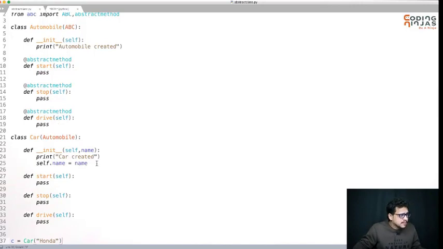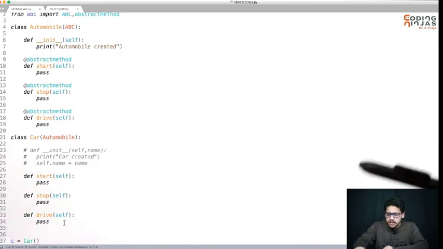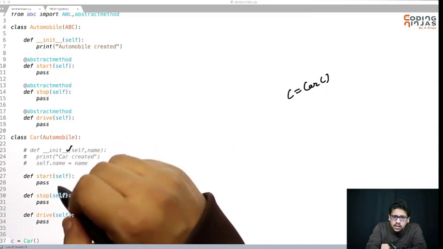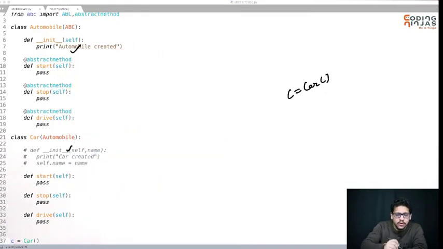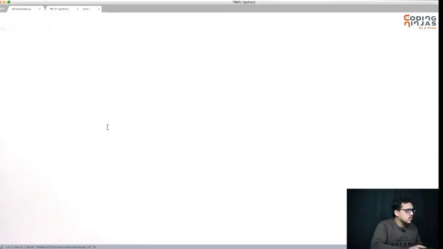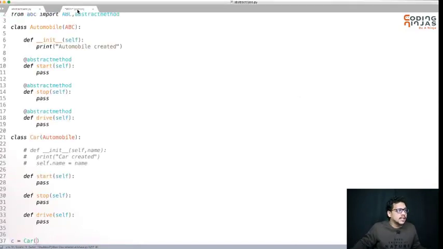The important point is, let's say I don't have my init. Now init will be called of what? If I instantiate this, c is equal to Car, it by default calls the init of Car, but you don't have that. So it will by default call the parent class init, which is of Automobile. So if I do this now, I am getting automobile created. I can create an object because init is happening in Automobile. If you don't write it here, then by default object class init will be called. This is how inheritance happens.